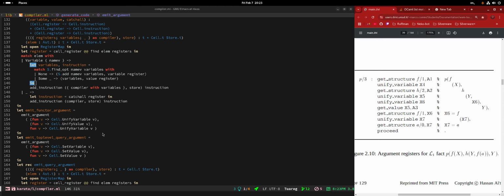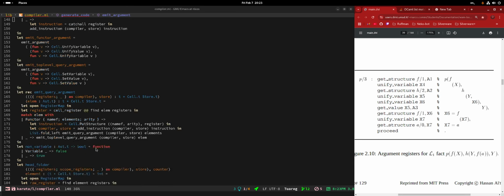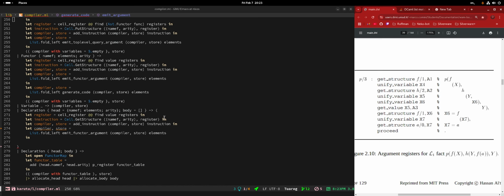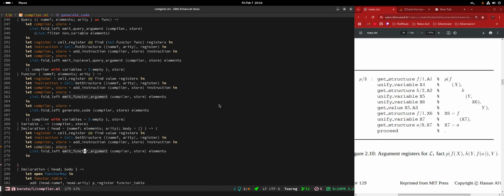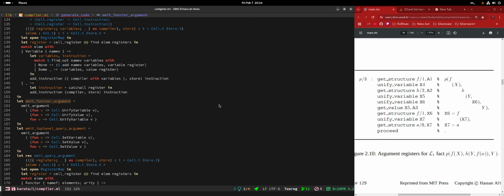Does our fold follow that? Are we doing breadth first or depth first? We're folding over the elements. I'm pretty sure we are doing a, oh, this is a fold left. Yes. But here's the thing though. The emit functor argument, no, this is breadth first because this is going to fold over the entirety of the top level of the functor, right? But when we do the emit instruction, we are actually